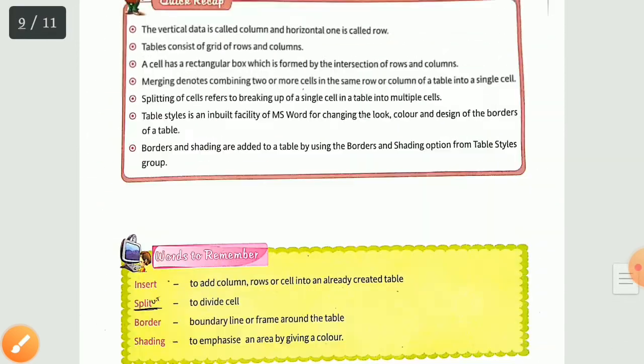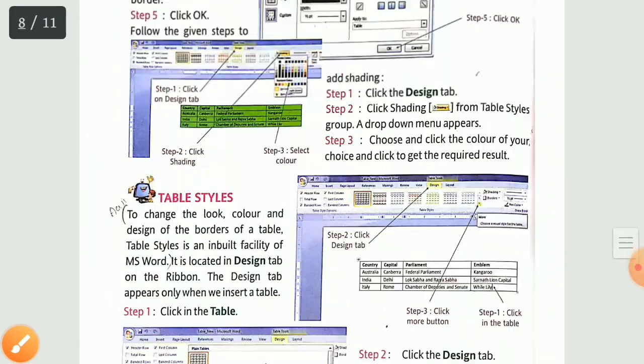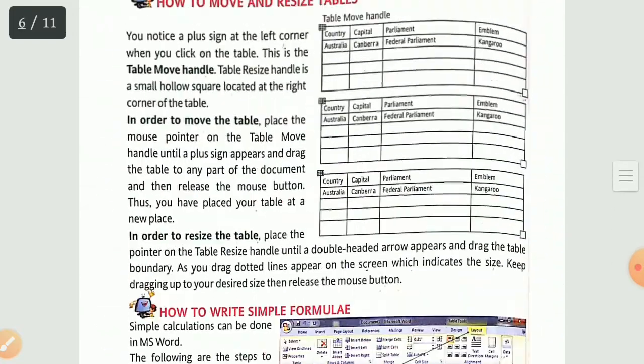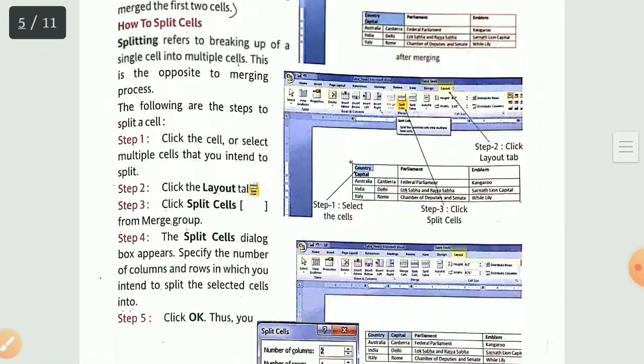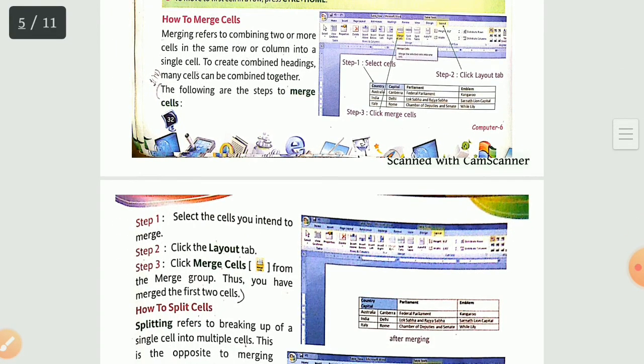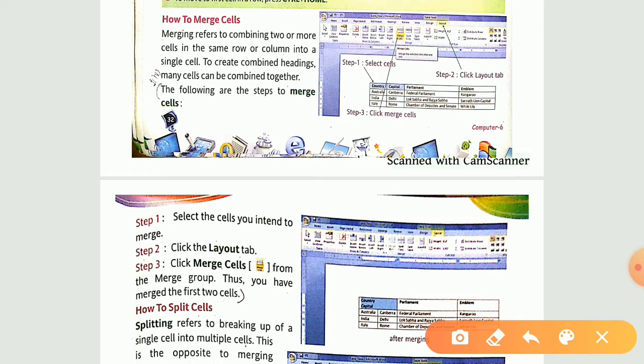See the fourth question. What are the steps to merge cells into a table? Now for that answer, turn to page number 32. At the bottom of page number 32 you see, the following are the steps to merge cells.